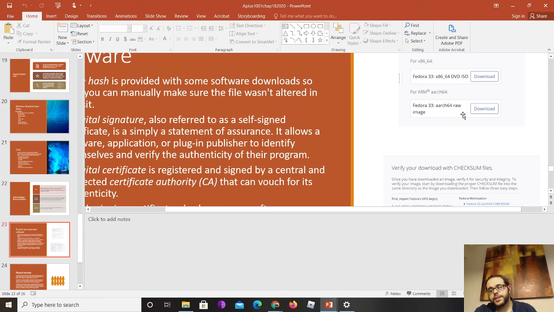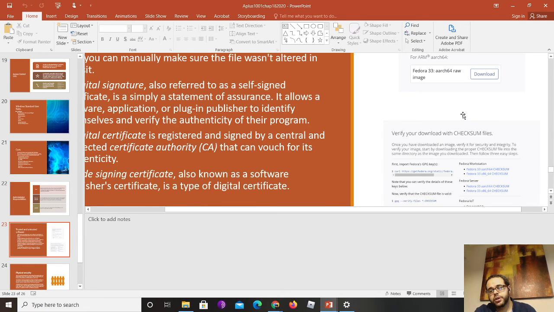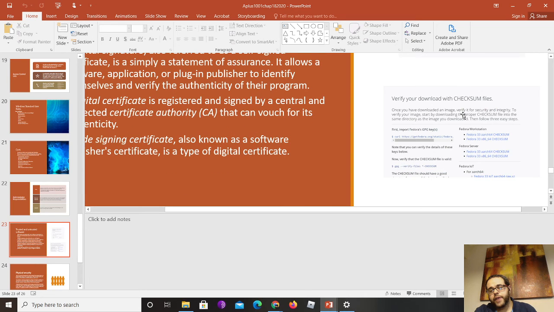Now you can take a hash of the ISO file. You can do this on Linux if you have it, but you can also get the checksum from them. You see they have it over here as a file. It's basically a hash. It's GPG, right?